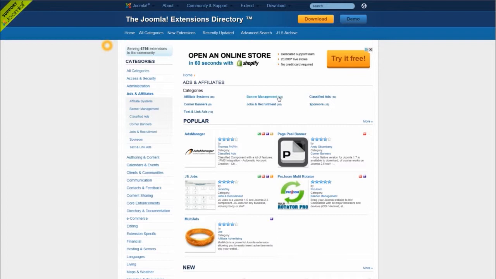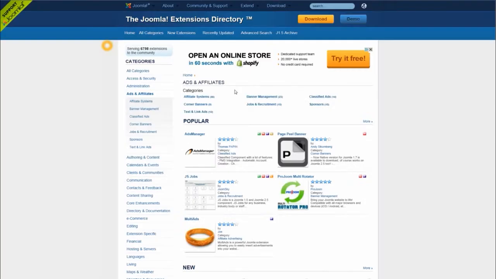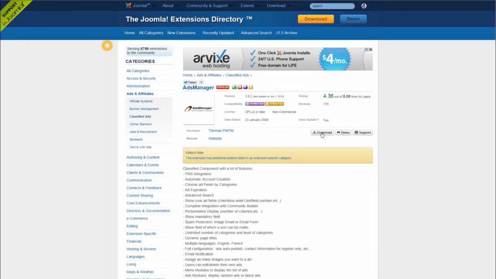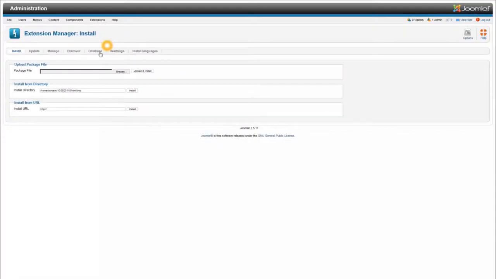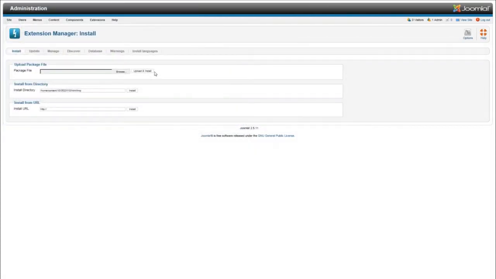All right, so you have all these different plugins, and basically once you're logged into your Joomla account, extensions, extension manager. If I wanted to incorporate the ads manager into my website, I would download it. I click on ads manager, and right here you can download it to my desktop, go into my back end. I would go to extension manager, browse, look for it on my desktop, and then I would just install it